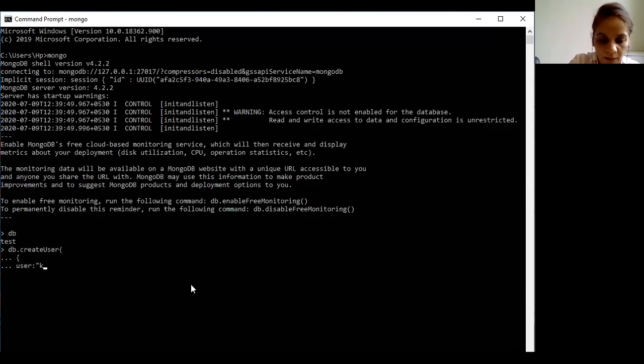Let us say the name for the user is Kushwant. Then the pwd field, it will prompt for a password, that is passwordPrompt. Sorry, here we will be having a single colon.